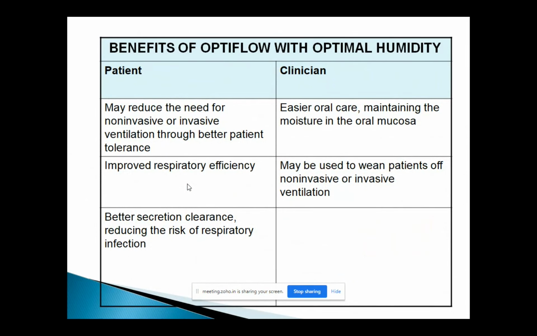Patient advantages again: it may reduce the need for non-invasive or invasive ventilation. On so many occasions, in my personal experience, patients looked very unwell and we thought the patient may have to go to the intensive care unit for non-invasive ventilation or even intubation. So many patients made a huge successful recovery with this device, with this type of oxygen delivery system. Obviously, I'm not saying 100% recovery. I have seen the maximum number of patients making a good recovery, but a few patients, unfortunately, because of their underlying conditions, are not that well, and they need to be escalated.